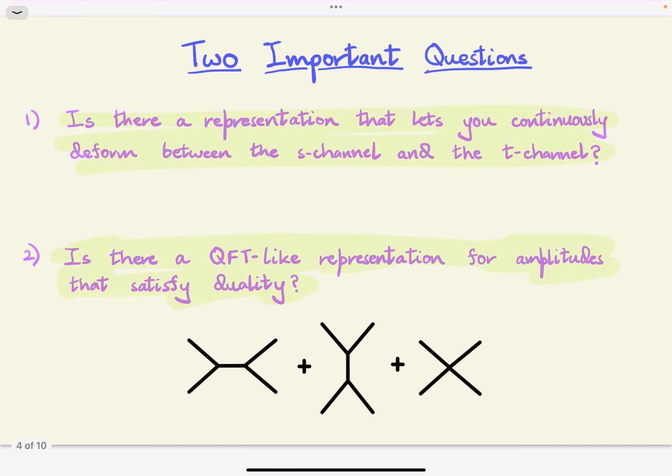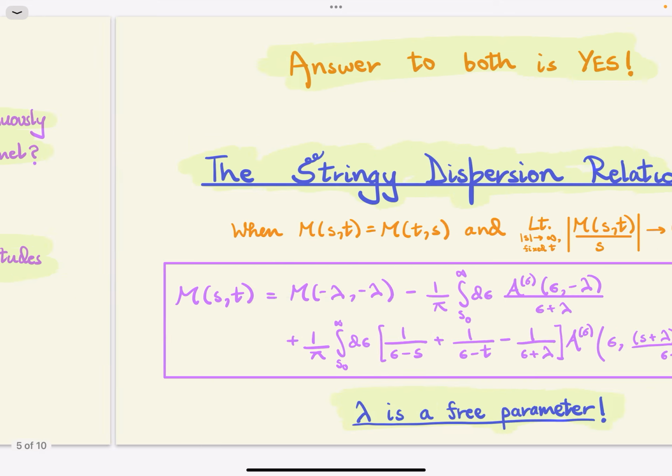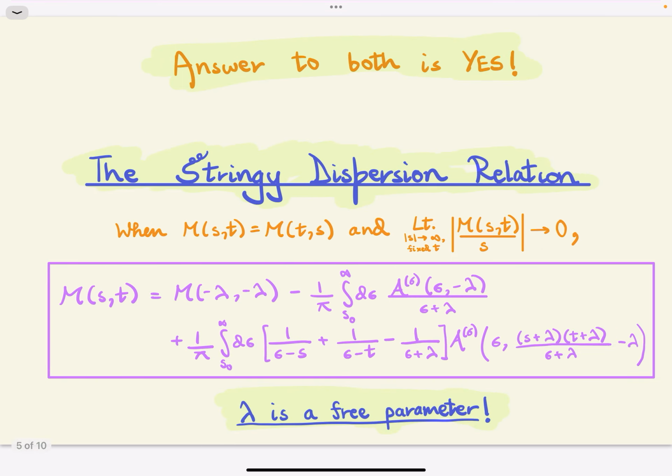This brings us to two important questions. Is there a series representation for the open superstring amplitude that lets you continuously deform between the S channel and the T channel? And is there a QFT-like representation for these amplitudes that satisfy duality? A QFT-like representation would have an S channel plus a T channel plus contact diagrams, like we're used to seeing when we do QFT. The answer to both these questions is yes, and it comes from what I call a